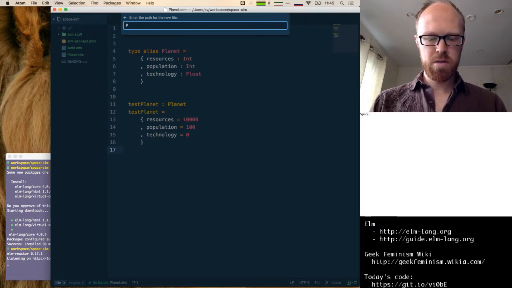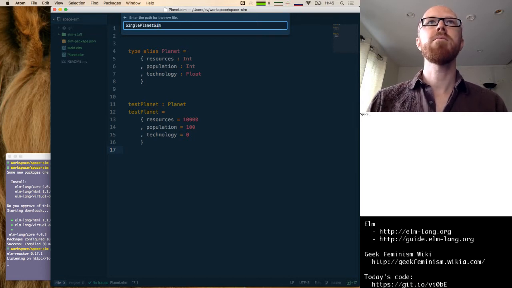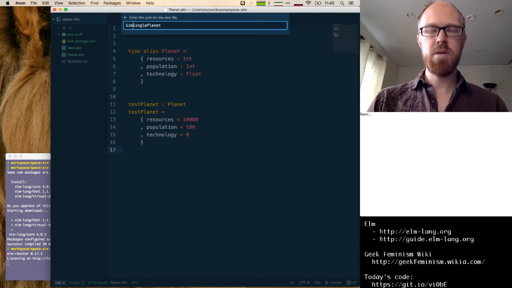So let's call this single planet sim. Or actually, why don't we put this in the sim folder?